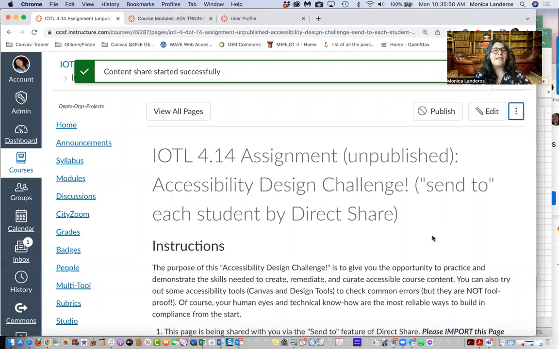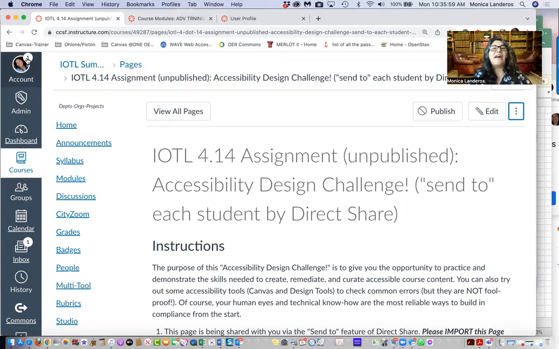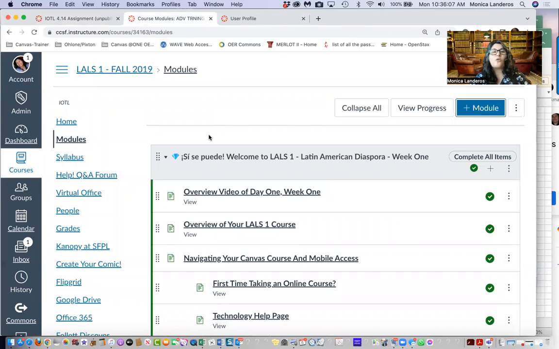All right. Next up, notice that on the top left-hand corner in my account profile, there's a little 1 that pops up. That means that it did go through. And so that's a good sign. All right, I'm going to go into now my course. This is the course where I want to receive that information.